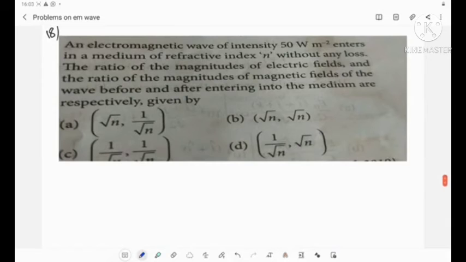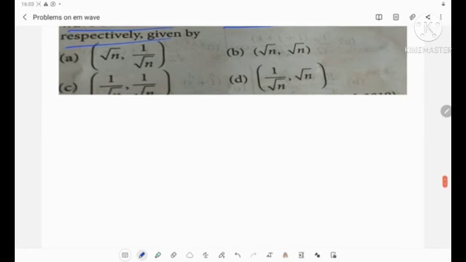Next, very important. An electromagnetic wave of intensity 50 watt per meter square enters a medium of refractive index n without any loss. The ratio of magnitudes of electric fields and the ratio of magnitudes of magnetic fields of the wave before and after entering the medium, respectively. See here,